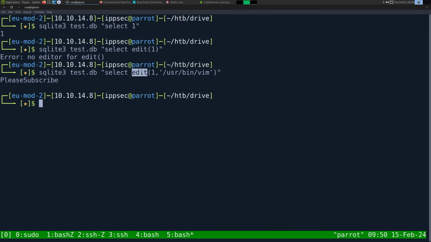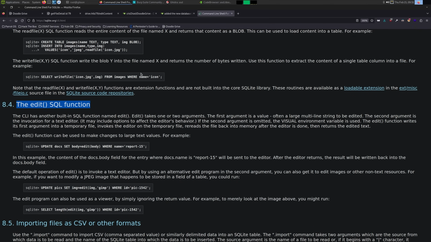Maybe if you're editing a line and want to use Vim to do search and replace, or an update command. Not exactly sure. I've never used this function before, but it exists and we can trigger it, right? And there's going to be one thing that will help us bypass bad characters, and that is the visual environment